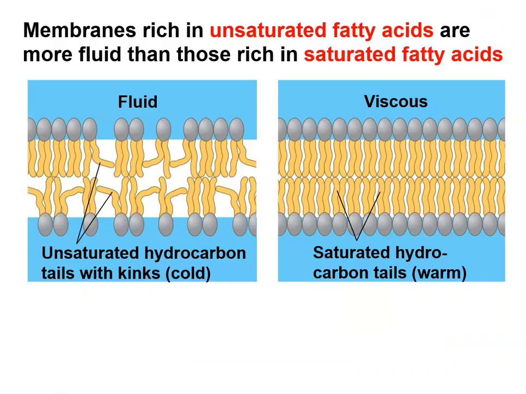Well, if the hydrocarbon tails of the fatty acids of the phospholipids are unsaturated, you're going to get more kinks, and those give essentially more wiggle room between the phospholipids of the bilayer. Materials are going to still be able to pass through with all of those extra gaps between the neighbors, versus in a saturated one, if they're all saturated as shown on the right,